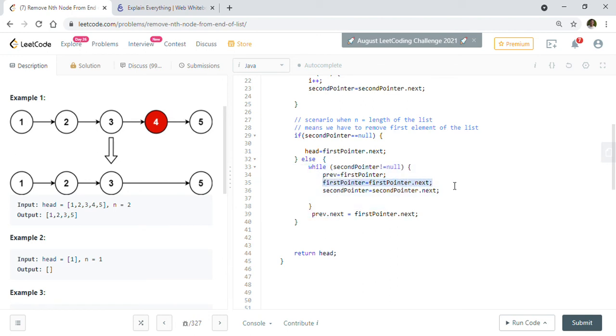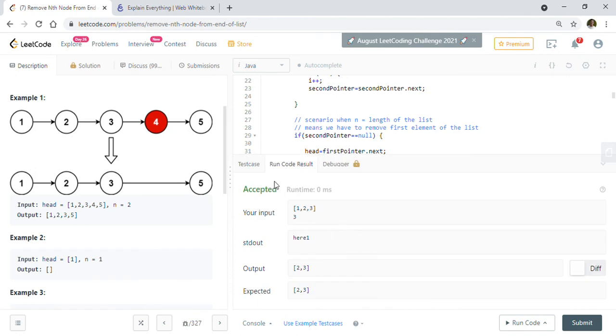As you can see here, first pointer goes to first.next, and second pointer goes to second.next, until the second pointer hits the null node, which means it hits the end of the list. At that time the first pointer points to the node we want to remove, and we have kept the previous node handy, so we can set the previous node's next to the first pointer's next node, so that we remove the first pointer's node. Then we just return the head of the linked list.